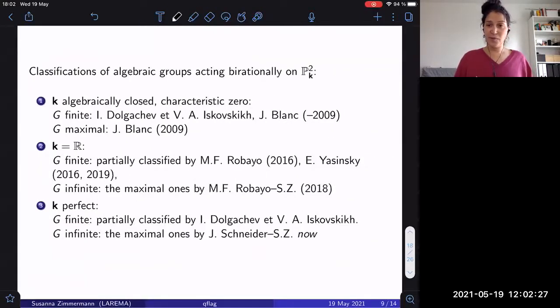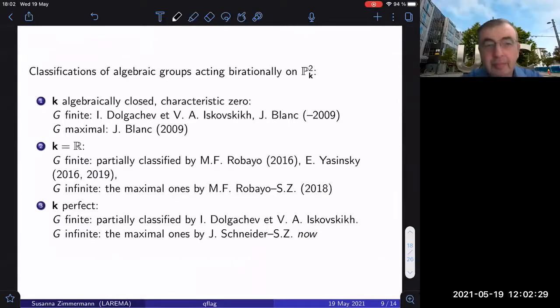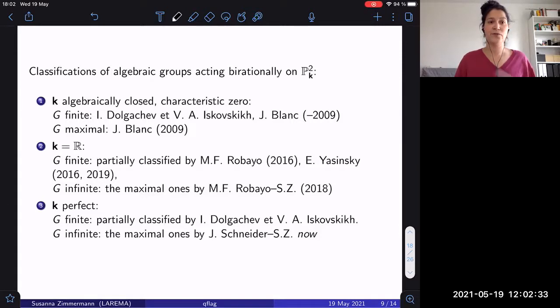Now, what do we know about the algebraic groups acting birationally on P2? So if the field is algebraically closed, this is a very, very long story already, and it accumulates for the finite groups in the works of Dolgachev-Iskovskikh and Blanc around '09, and then the non-finite groups up to conjugation and inclusion were classified by Blanc in '09 as well,